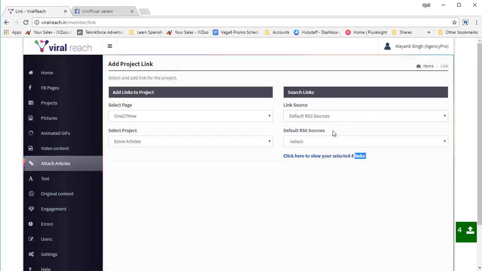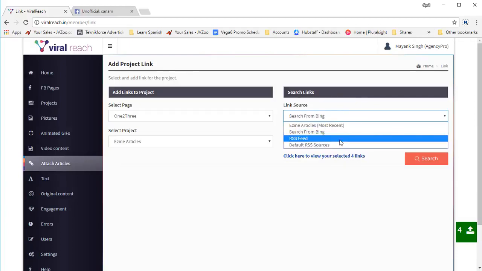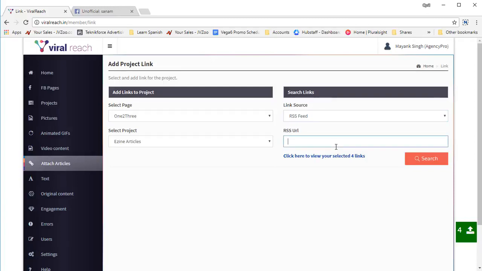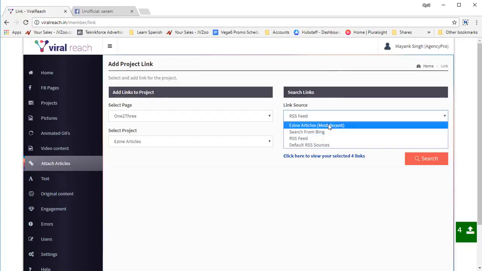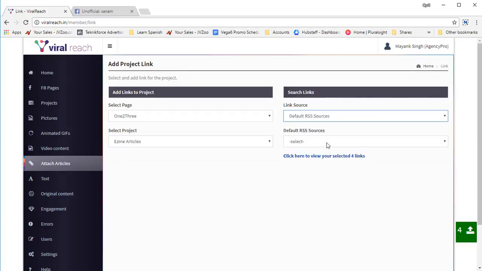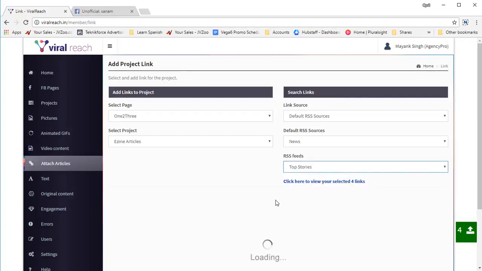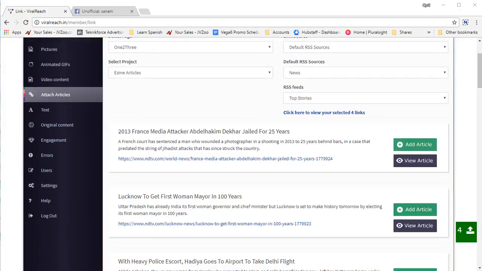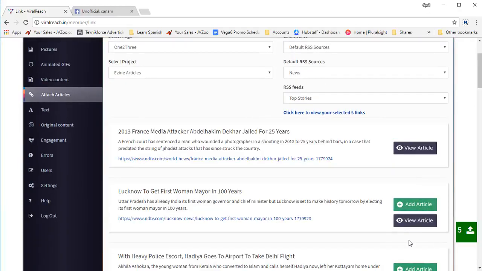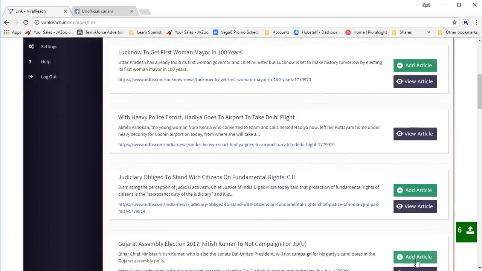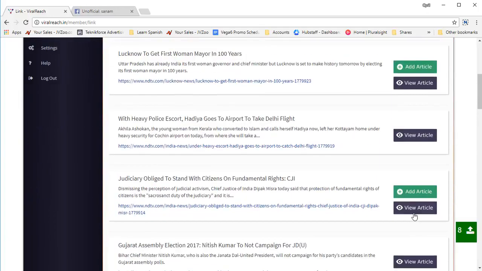So just put in any keyword and the articles will come from Bing, or you can actually connect to an RSS feed. So if you've got an RSS feed, maybe from your blog or any other location, maybe someone else's blog, or maybe a prominent website that you admire, you can put in the RSS feed there, or just get the default RSS sources for news and technology. This is Google News. You can select the top stories, for example, and all the top stories will be posted to your website. As usual, click on add articles, and once you have reached enough articles for your entire schedule,